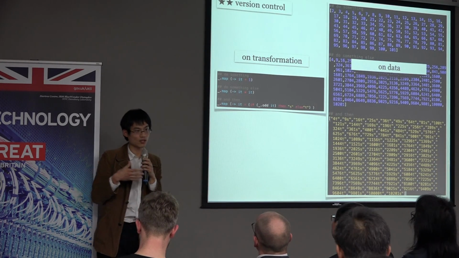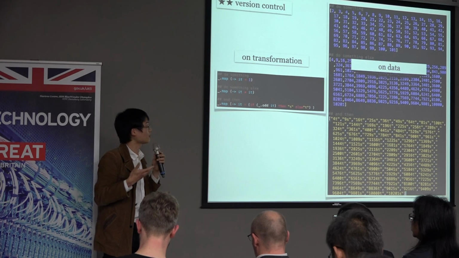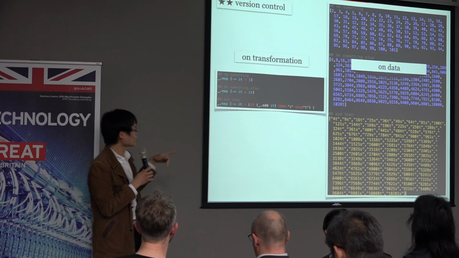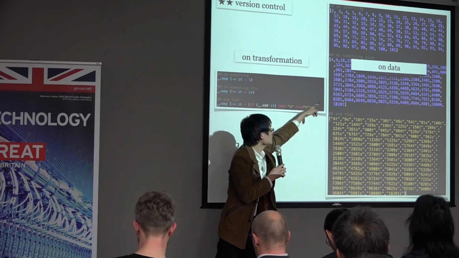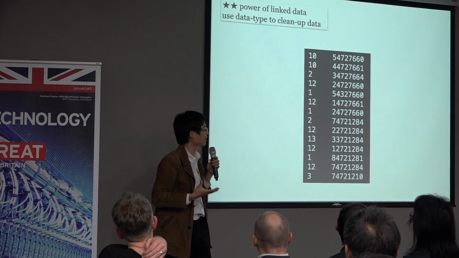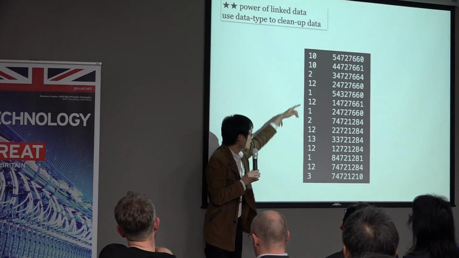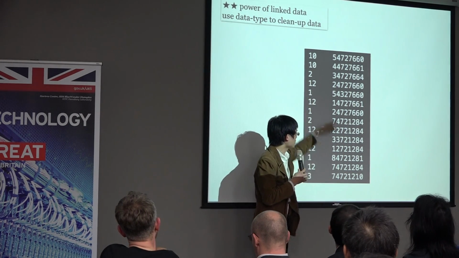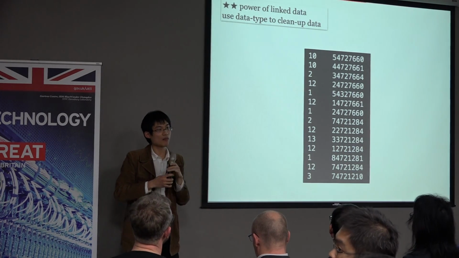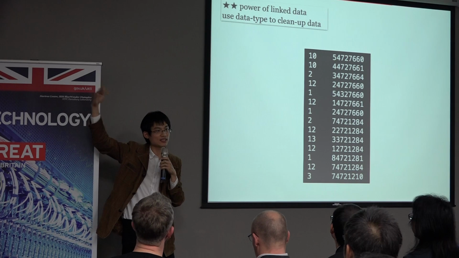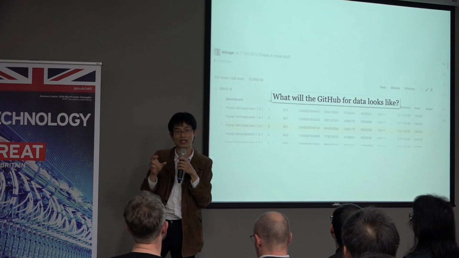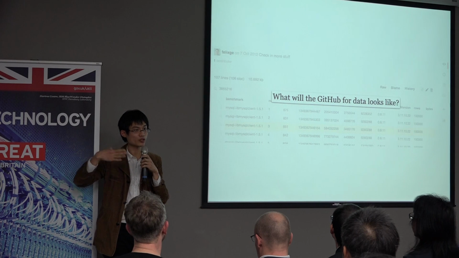Another problem James talked about this morning. It's about version control. You don't do version control on data, but you do version control on the transformation of data, which is more elegant. And the last solution is when you have a list of things, maybe this list of things is not random, but perhaps it's actually company IDs. And because you already have company IDs, then you can match. So for the 10,000 company IDs, we were able to find out that 10 of them were actually mistyped in a data set.